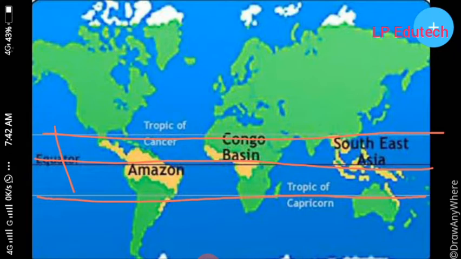Large rivers like the Congo and Amazon basins. Here you are able to see the river Congo in the African continent, and in the South American continent the Amazon river. These two large rivers in the equatorial region meet the sea, here the Atlantic Ocean. Therefore, the supply of fresh water is abundant. But because of the higher temperature, as it lies on the equator, the rate of evaporation is more, and therefore the seas in these areas are more saline. So that is the reason.